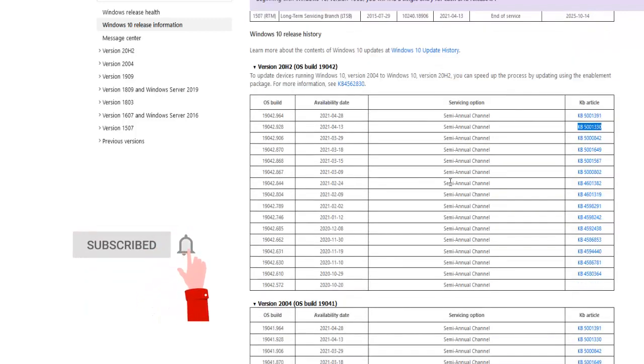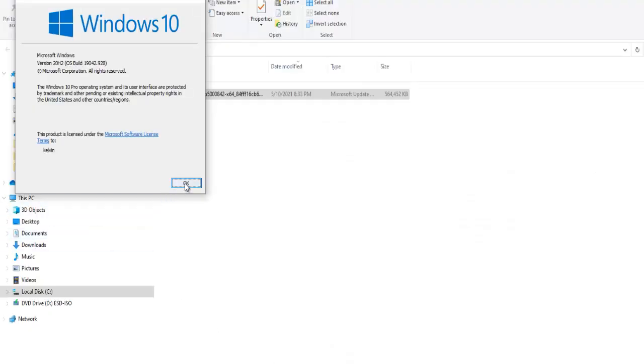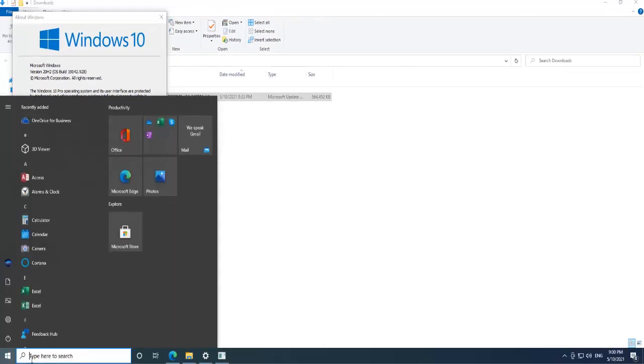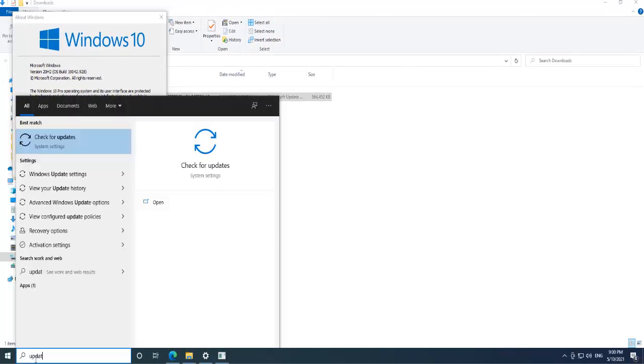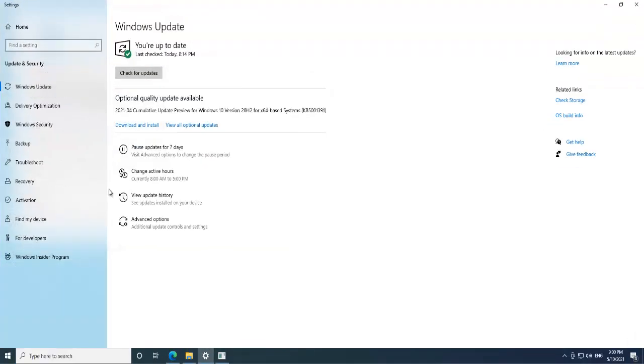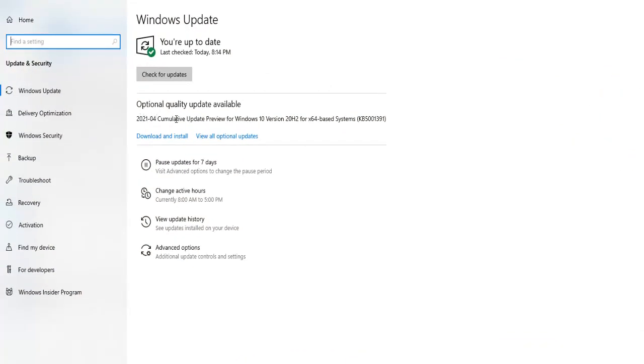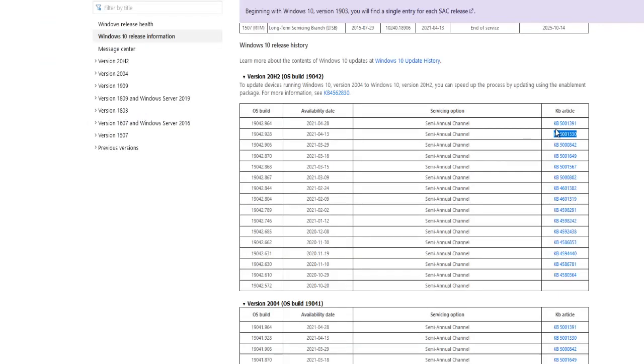So if I go back to the 190.190.42, let me check if this update has been installed on my computer. If I go back to my Windows 10 device and try to check for updates, and say Windows Update Settings, you can see that I have a cumulative update preview available for me to download and install, and it is 1391, which is the last 4 digits. And if I go to the website of Microsoft, you can see that's the latest update for this